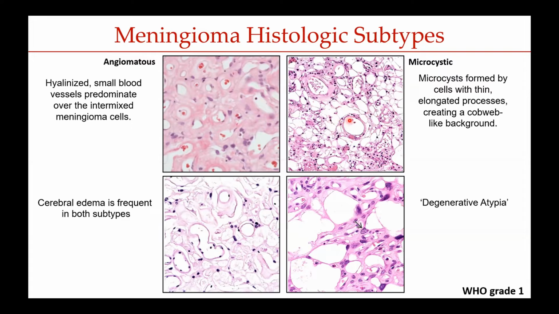These have a cobweb-like microcystic pattern. You'll also typically see some large cells, even larger than what we're showing here, that are called degenerative atypia. And here's a good example of a cell. That doesn't mean that they're more malignant. They're just these degenerative atypical cells. And these are frequently associated with edema, as is the secretory type, which is in the